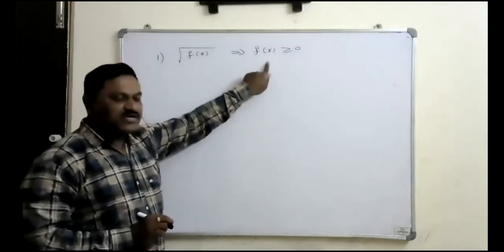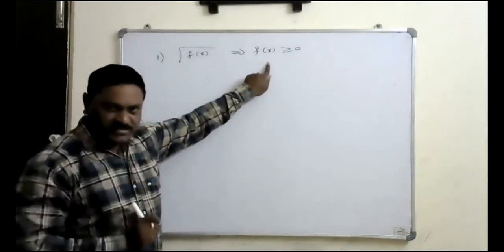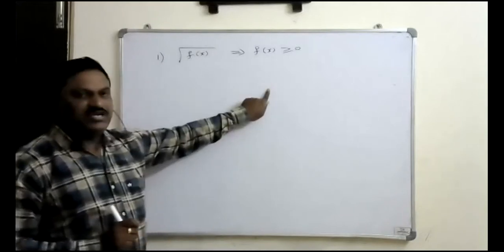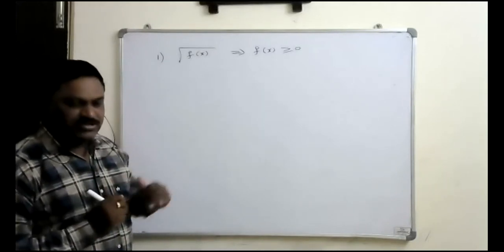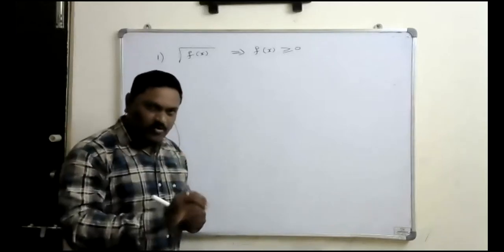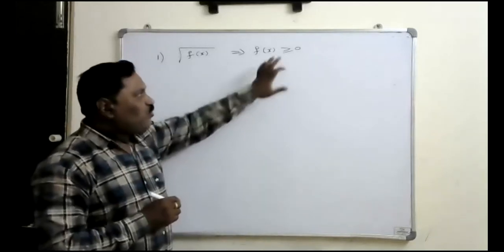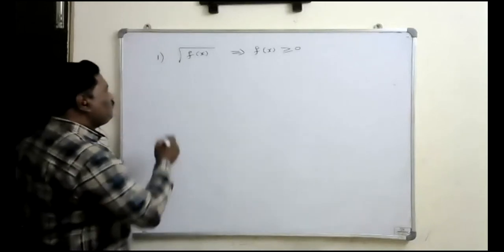So immediately we have to consider that condition. Then we have to find the values of x which satisfy this condition; that is called the domain. Understand? This is the first function. Whenever there is a square root function, the inside of the square root must always be positive or 0 only. You should remember this condition.